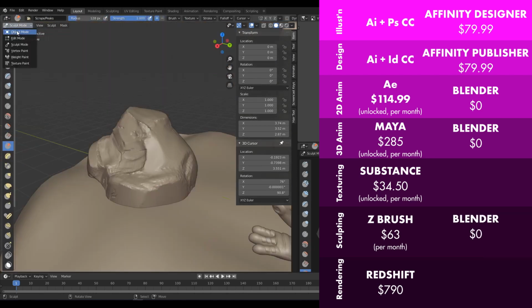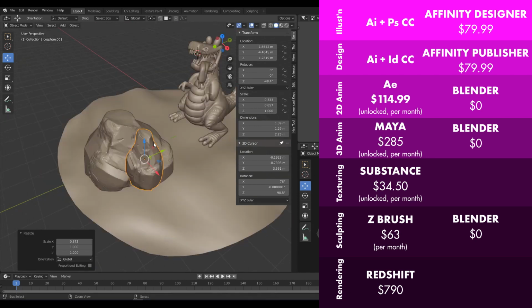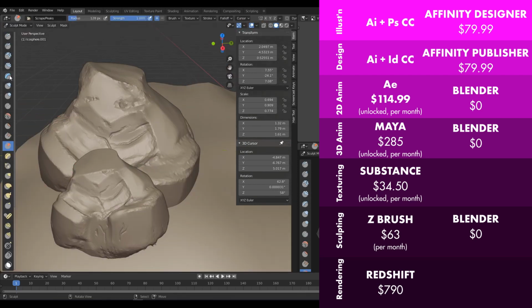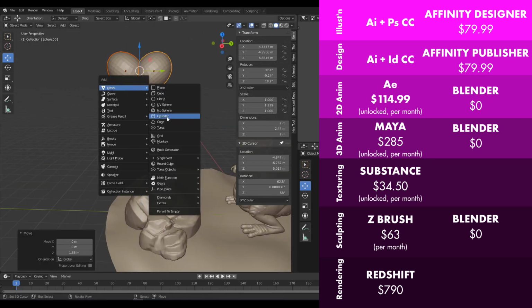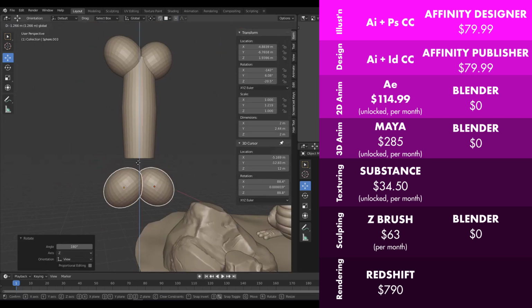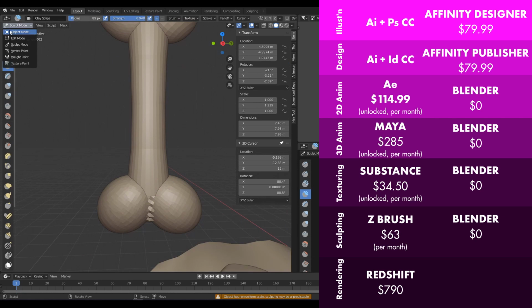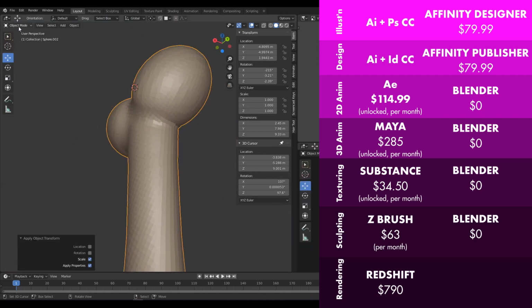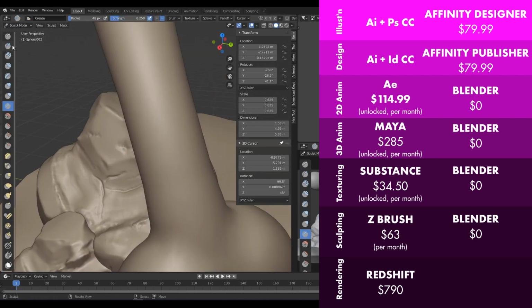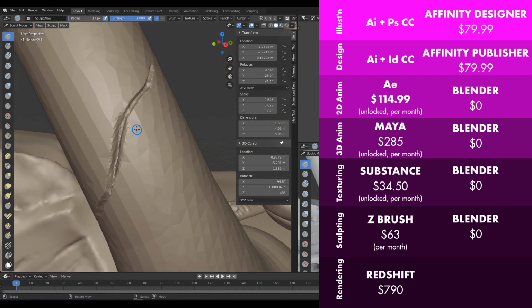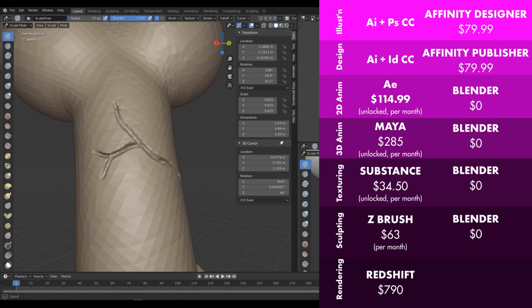Yes, sculpting in Blender isn't as powerful as ZBrush, but let's face it, that hasn't stopped amazing artists from creating some crazy things with Blender's tools. I'm gonna lump in texturing here as well, because if you have a good grasp of Blender's material node system, then you will be able to create some crazy textures. Throw in Blender's recent UDIM support, and you've got yourself a winner.